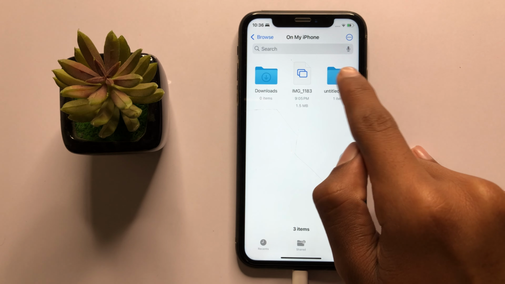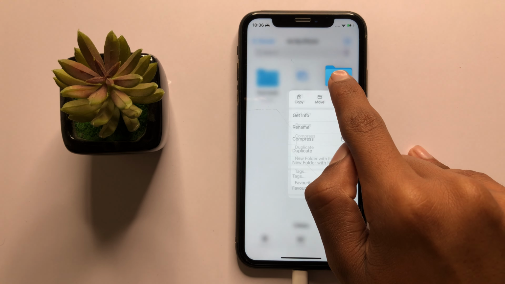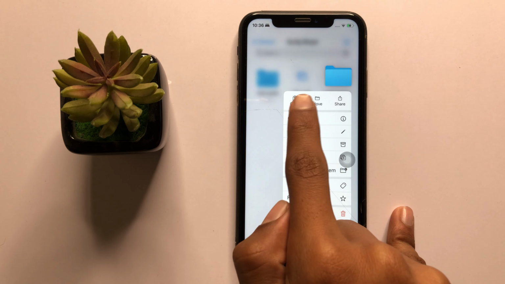And then press and hold on a folder and then click on Copy,